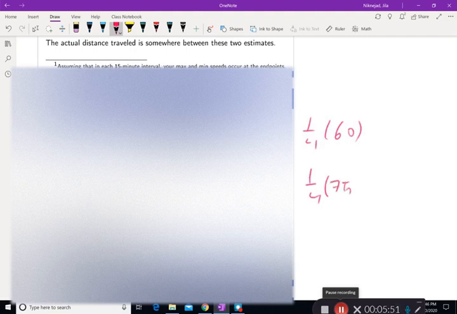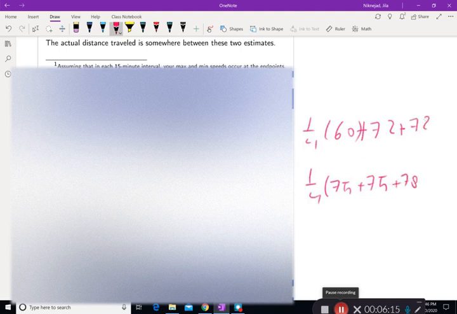The second time interval, the minimum is 72, and I multiply by 1/4 again, and the maximum is 75 again. The third interval, the minimum is 72, and the maximum is 78. The fourth interval, the maximum is 78 again, and the minimum is 65. If you add these things together and divide by 4,